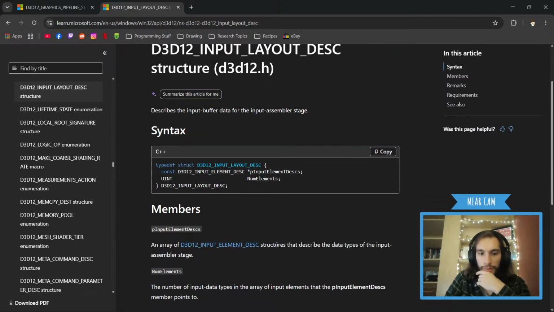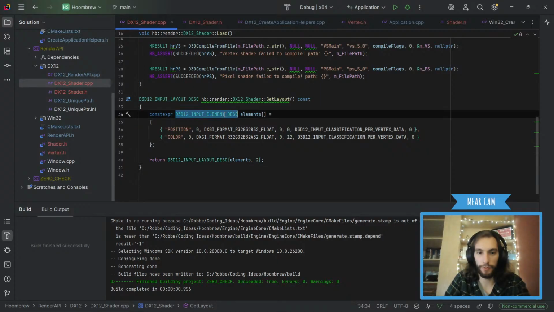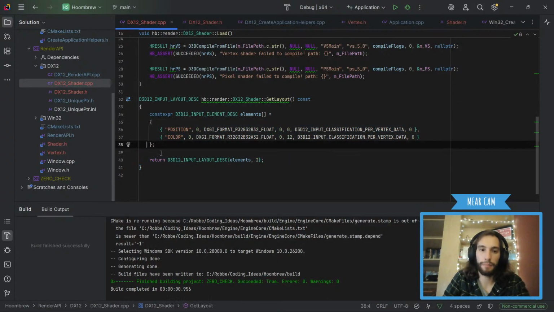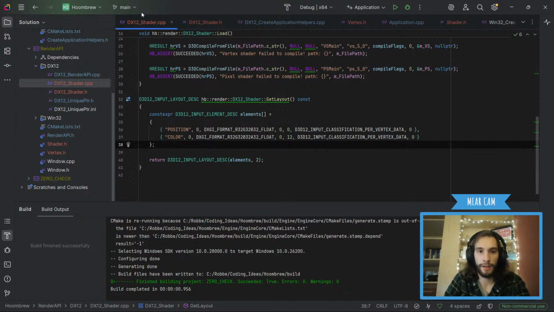An array of the structure that describes the number of input data, the structure is member of the data. Yeah, so I'm pretty sure I'll need to keep it alive. I'm also looking at the wrong thing. So I need to keep this alive, which we will also make on load and then return it.